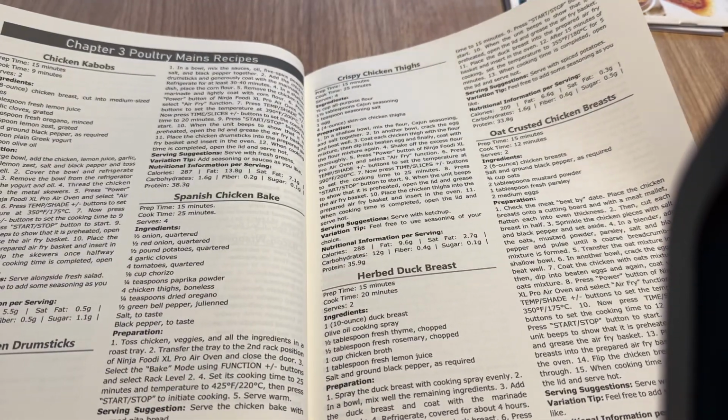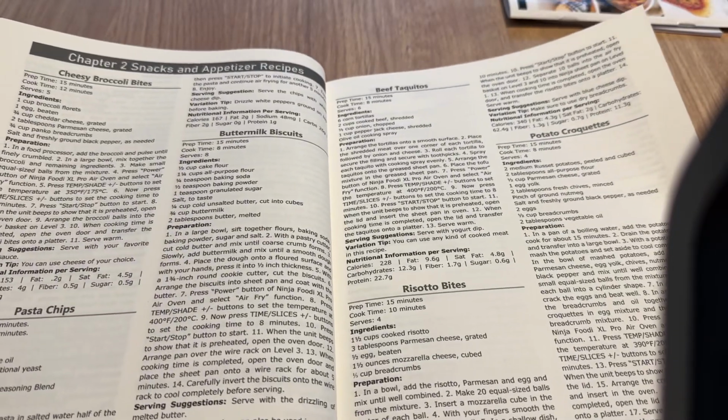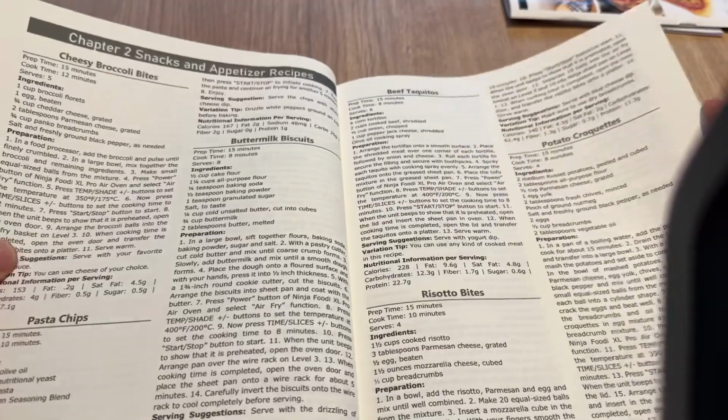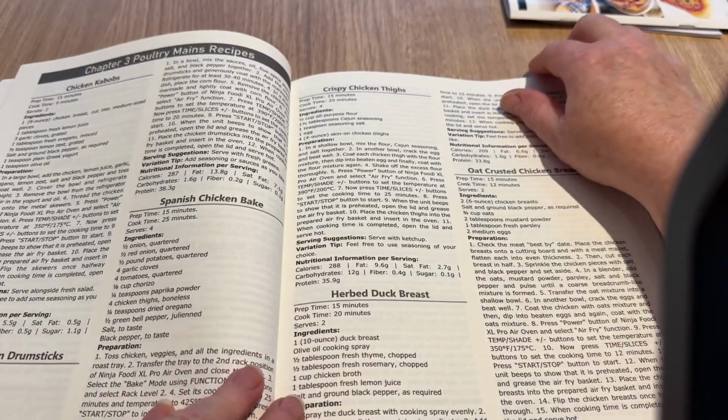So we've got, this is chapter 3, poultry, mains and recipes. The only thing with it being no frills, I didn't see that we were on snacks and appetizer recipes. Things like that can actually get a bit missed. So that was the breakfast section. It's not as massive as I thought, but the snacks and appetizers. And now we're on to mains. So I expect this part will be a lot bigger